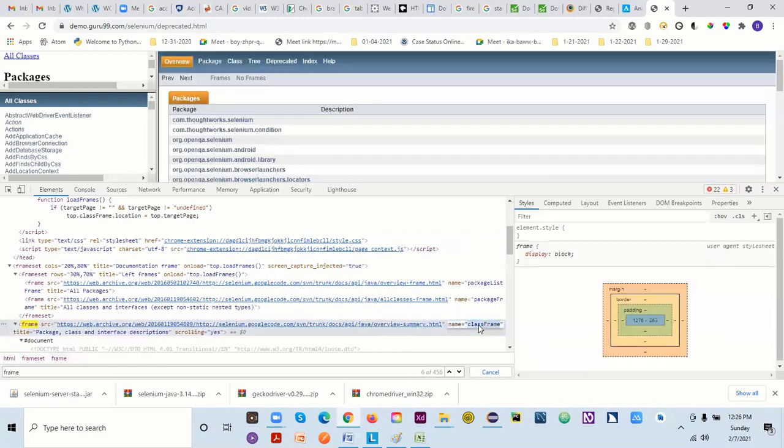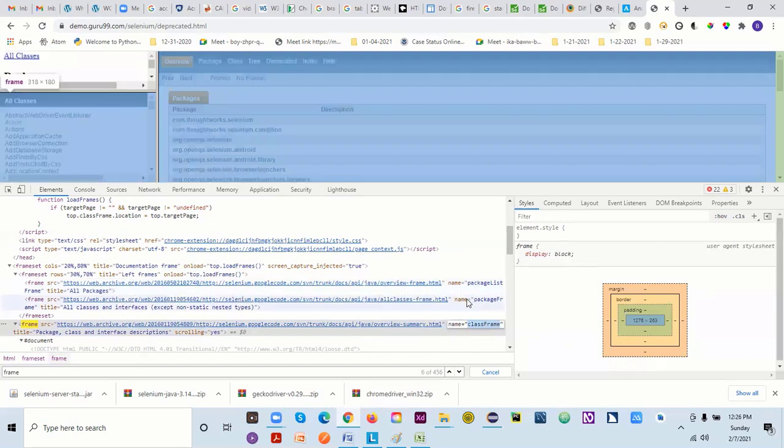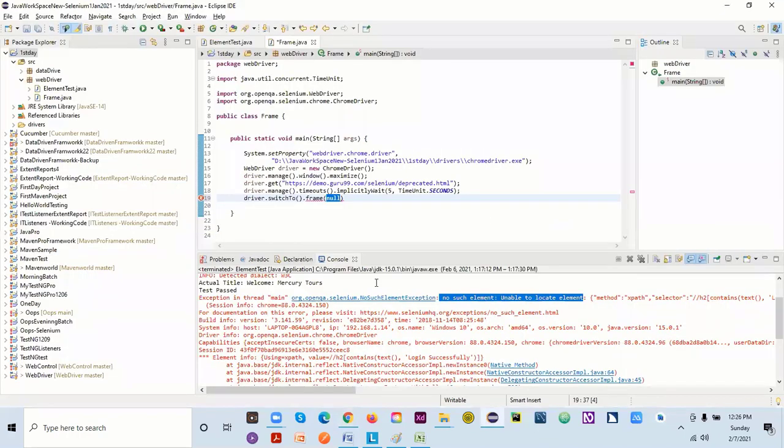So I'll just copy this one frame. If I want to come here, I have to look for this name as well. If I want to click on this one, I'll be looking for this name. If I come to this one, I have to look for this name. If the name is not there, then we'll look for some other, but this is the thing we will be checking, and every frame has a name. So let's say if I come here, I can give my double quotes. So let's put this in double quotes.